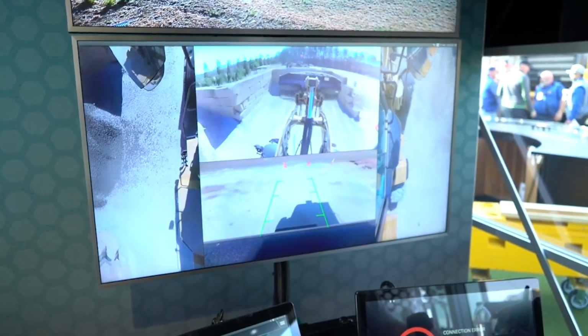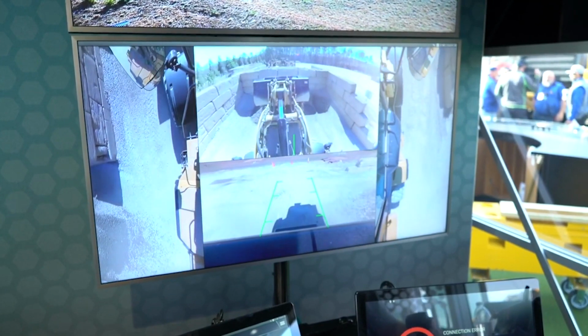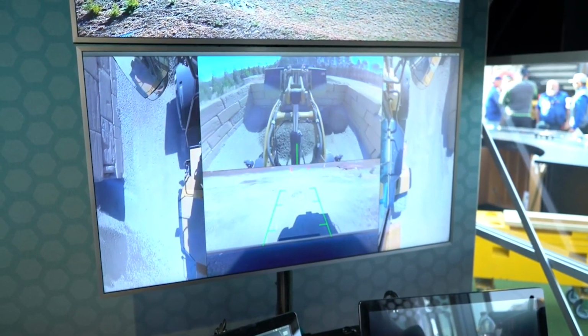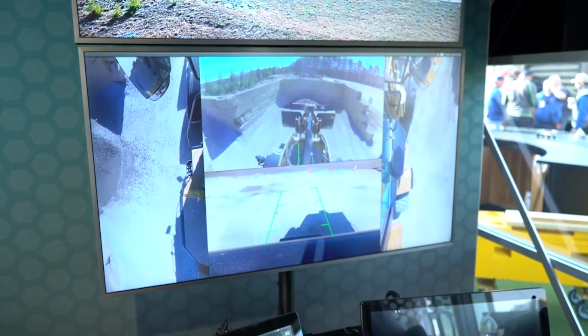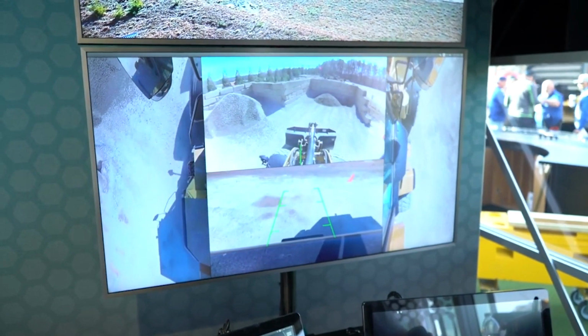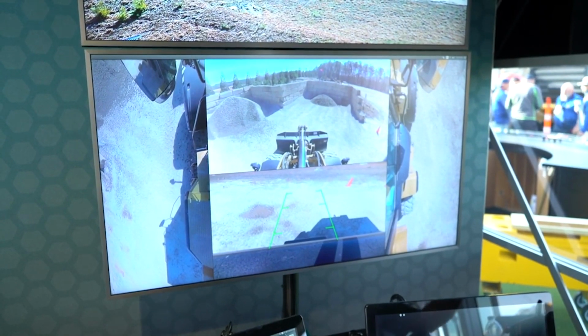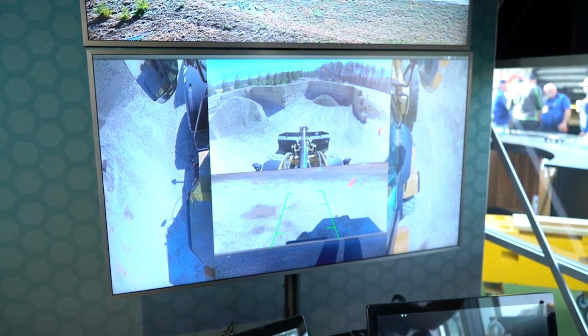I have a green indicator there in the middle of that front camera that gives me my articulation angle. You might notice that it lines up with that tilt cylinder, so I know exactly where the articulation angle is. You can see I'll turn here to park. I'll line it up with that tilt cylinder, lower the bucket, secure it by setting the park brake implement lock,